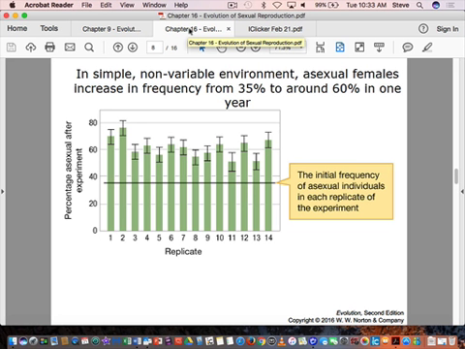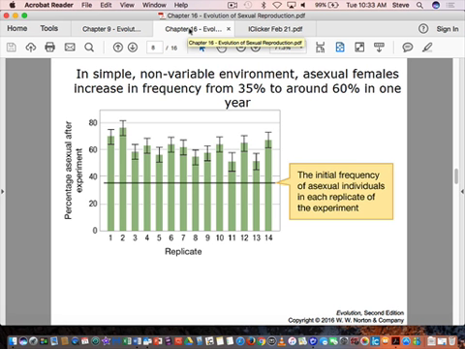They set up this real simple lab experiment where they put both the initial frequency of asexual individuals in these 14 different replicates. They did this in Petri dishes, or to-go cups, beer to-go cups, right? You can raise these things and put some algae in there and they do fine. So about 35% of the individuals were asexual and about 65% were sexual. And they did this in 14 cups. And then they ran this for a year.